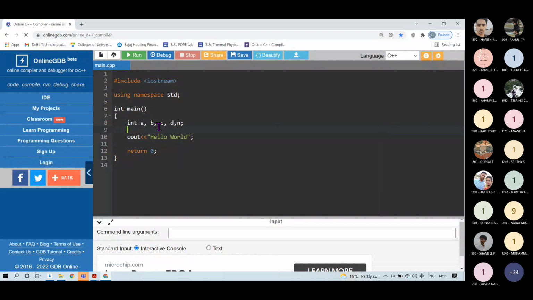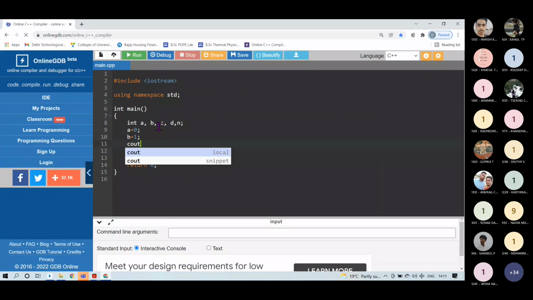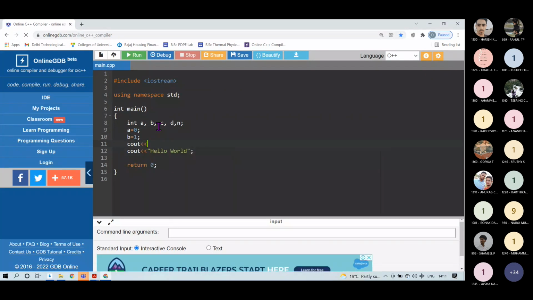I will initialize variable a with 0, variable b with 1, right? And I will just print these first 2 terms of Fibonacci sequence like this.